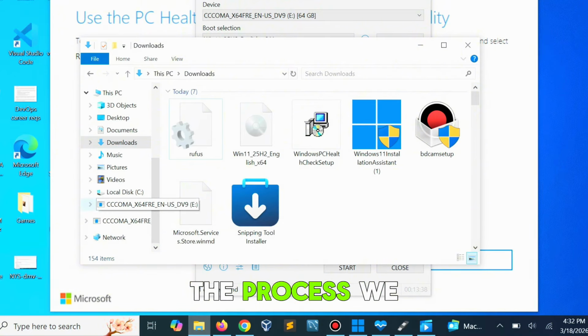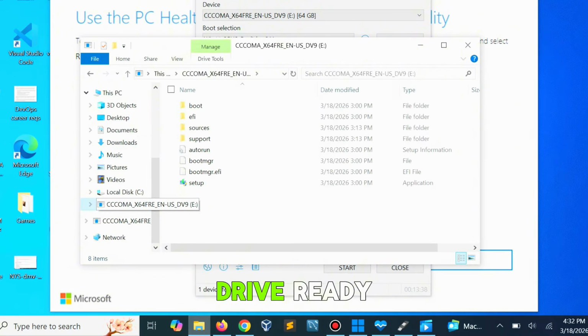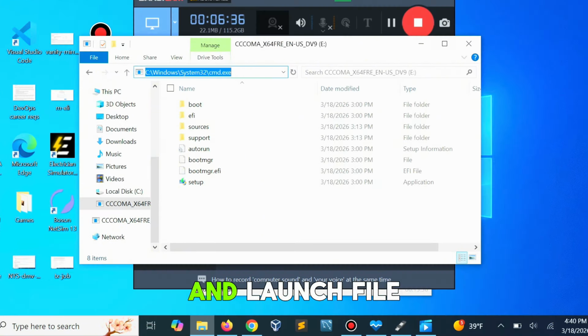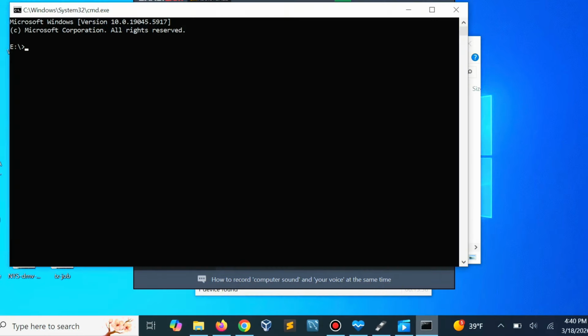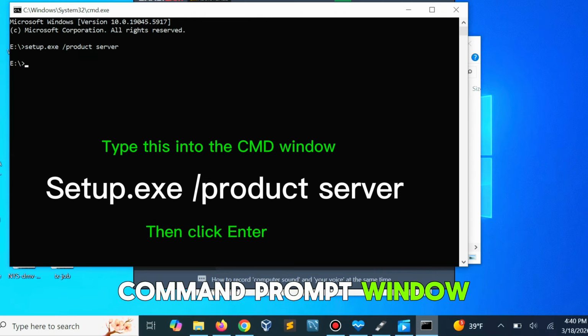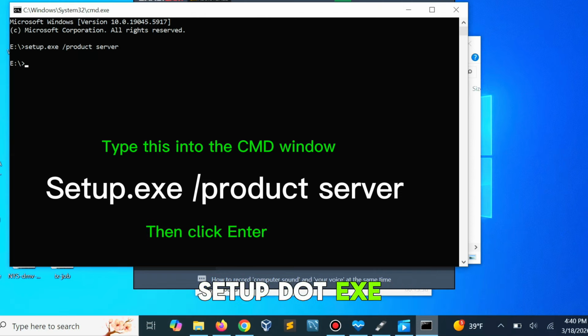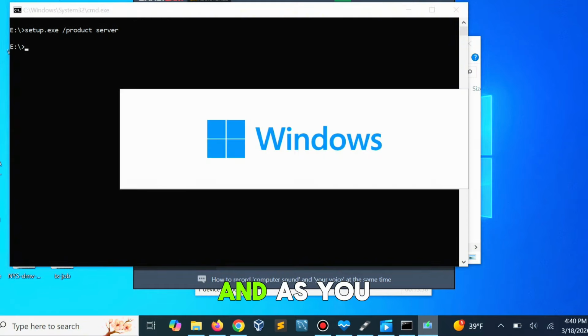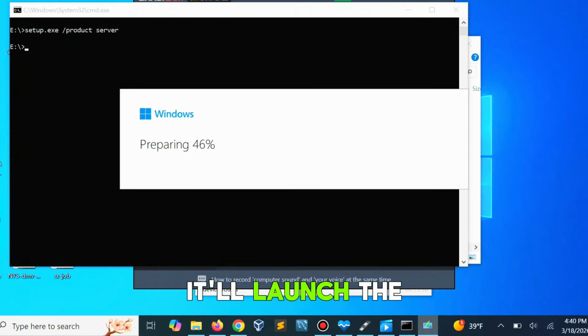Step three in the process, we have the USB drive ready. We can go and launch File Explorer. Then while you're in the USB drive within File Explorer, you can type in CMD on the address bar, and on the command prompt window, you can type setup.exe, and as you can see on the screen, it'll launch the